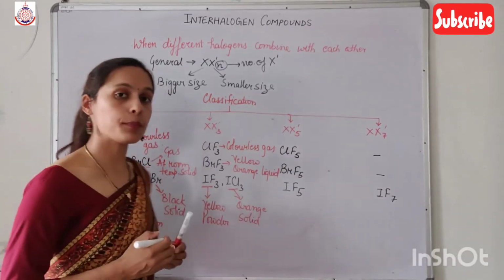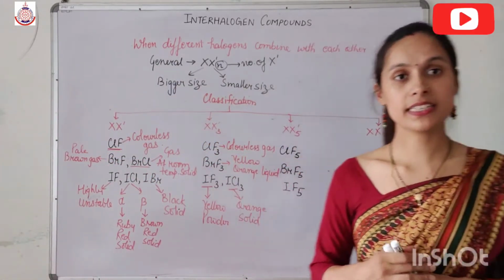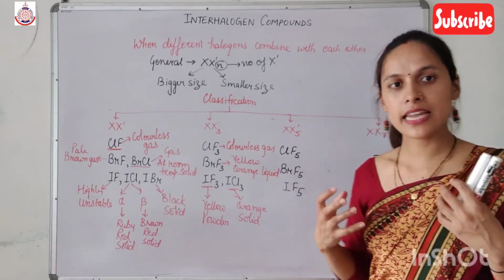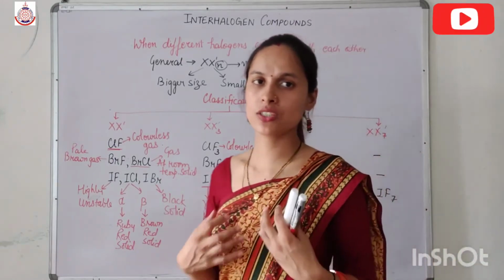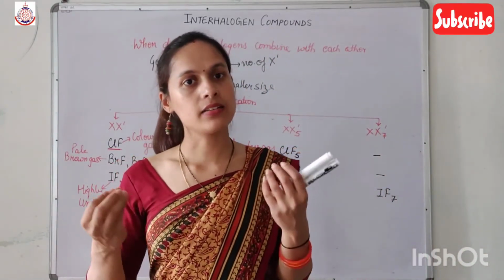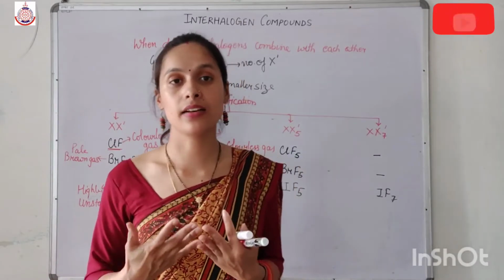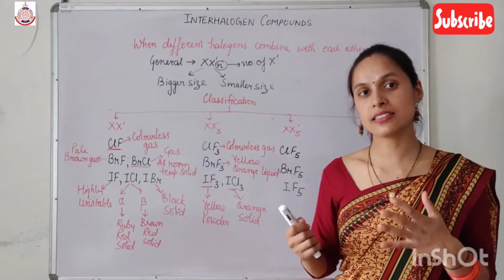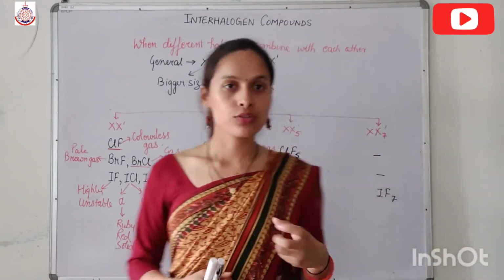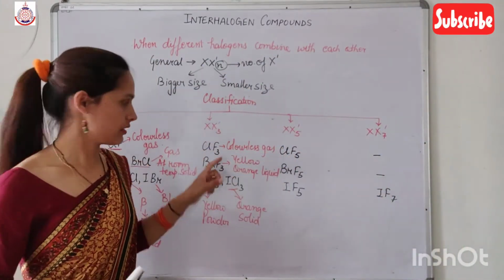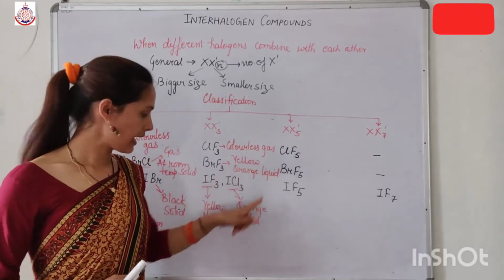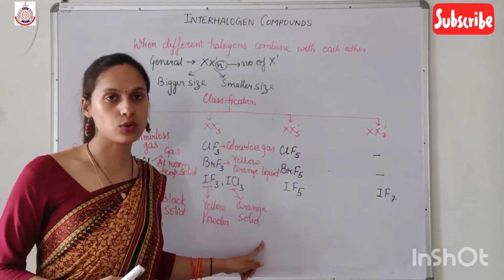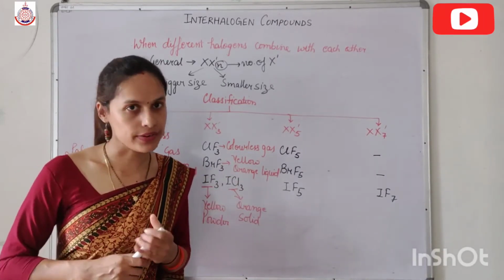In our previous videos also, we have studied that halogens are colorful because they absorb radiations in the visible light, and the remaining light which they emit also comes under the visible region, as a result of which they become colored. So that's why we are getting different colors. ClF3 is a colorless gas and ICl3 is an orange solid. So again, gas converts into solid due to the increase in the van der Waals radii.